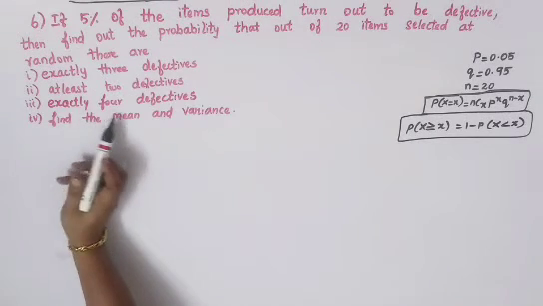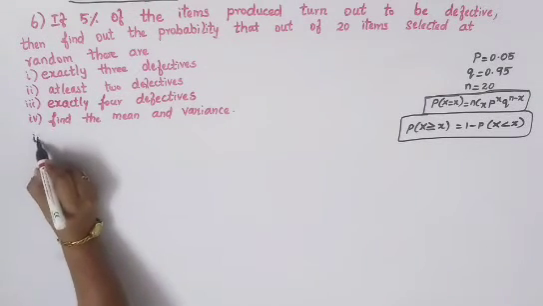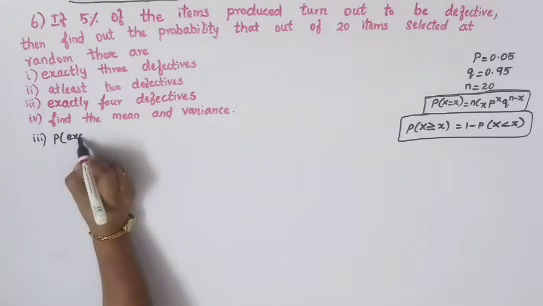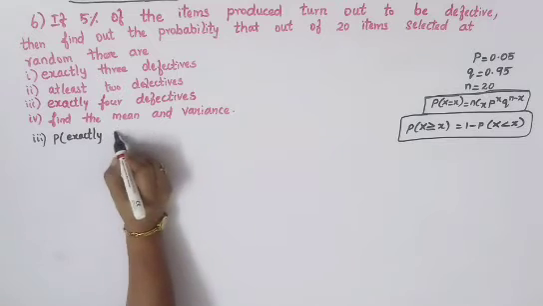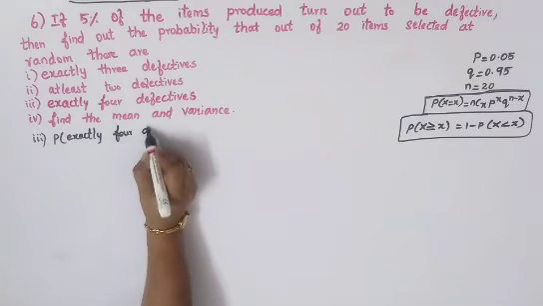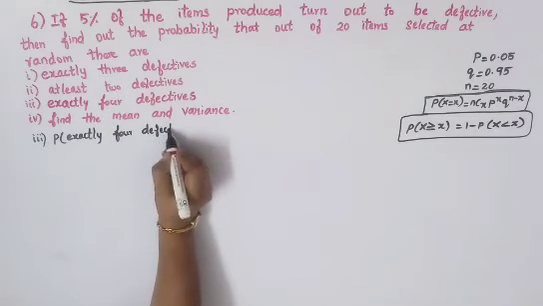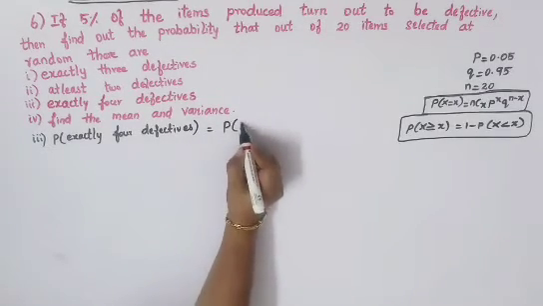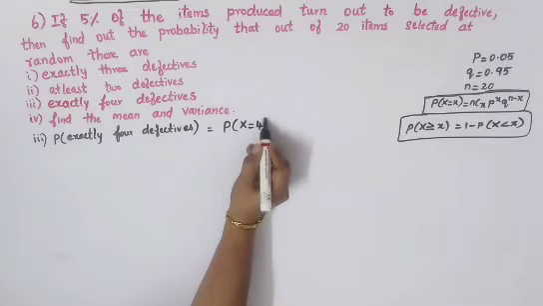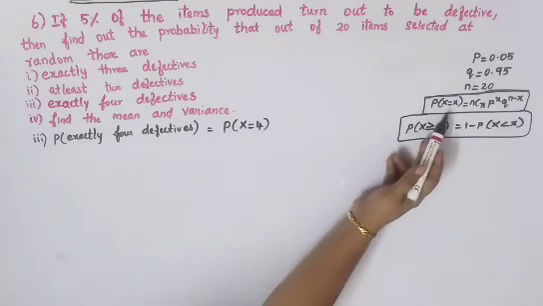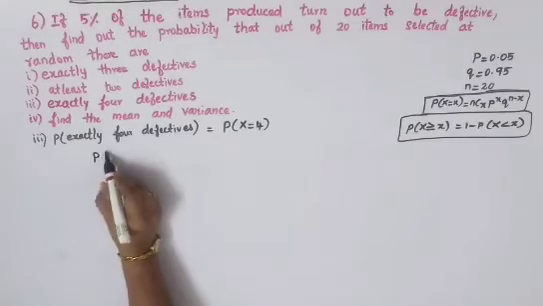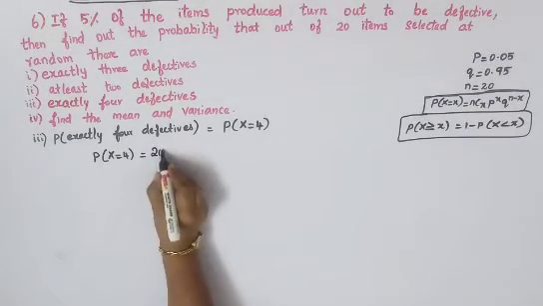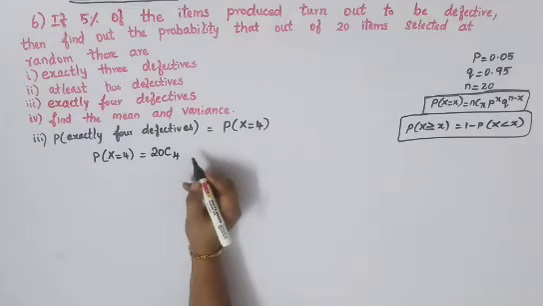Third subdivision, exactly 4 defectives. So probability of getting exactly 4 defectives, which is equal to P of x is equal to 4. So again you have to substitute in this formula. So P of x is equal to 4 is equal to 20C4, that is your nC4,